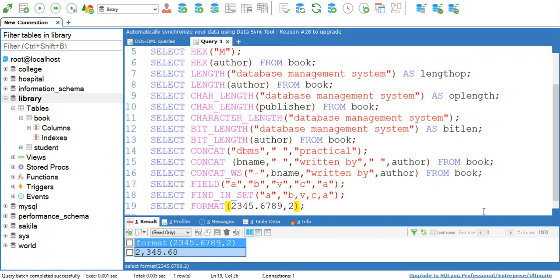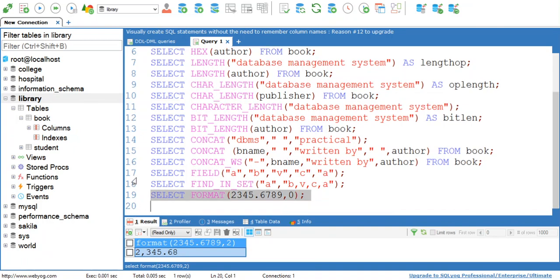If you give 0 here, with 2345.6789 as my input, and I want to truncate all decimal places, then I simply write 0. See, your output is 2346. Your last number, that is 5, gets rounded to 6.